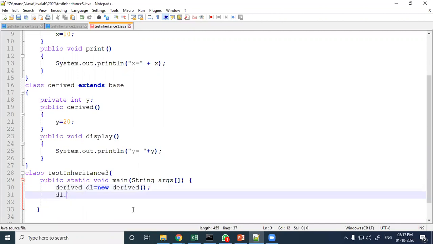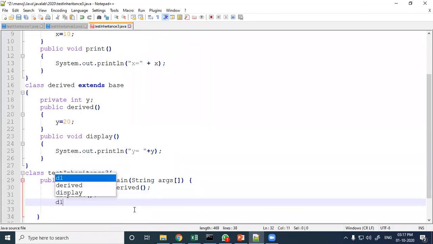Now d1.print we will call, then d1.display. The print method is defined in the base class, and the display method is defined in the derived class. I am calling these two through the derived class object, that is d1.